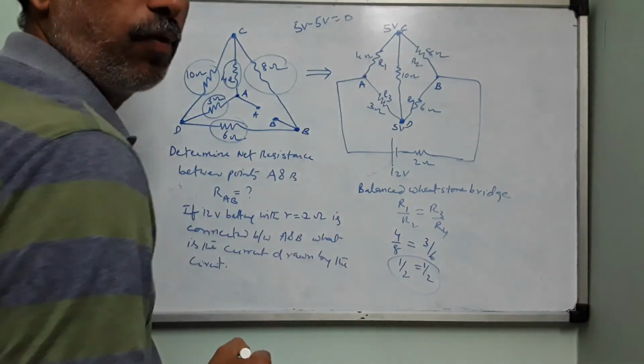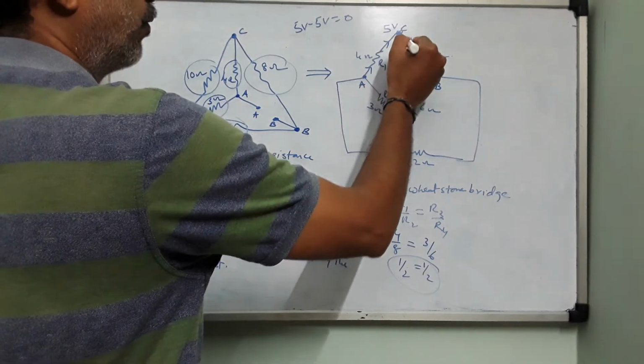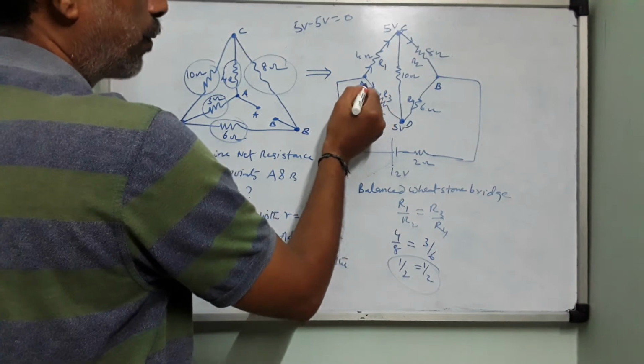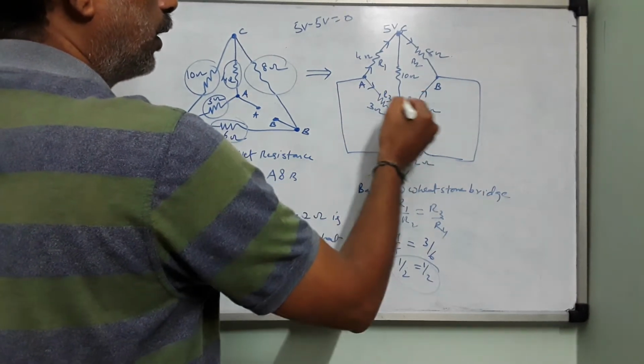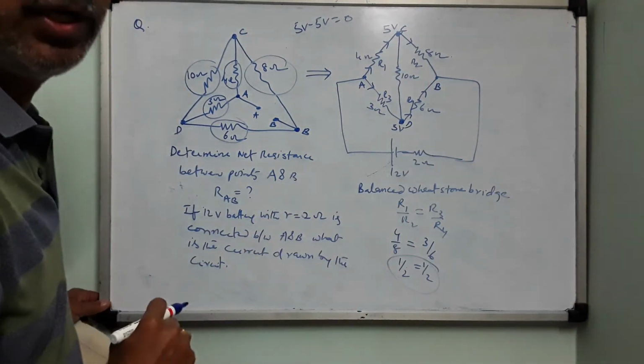So no current will flow. Whatever current is coming over here, the same current will go here. Therefore, these two resistors are in series. Similarly, if some current is coming down, no current will add, the same current will go in this. These two are also in series. So now onwards, the story is known to you.